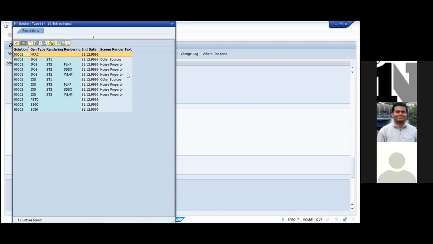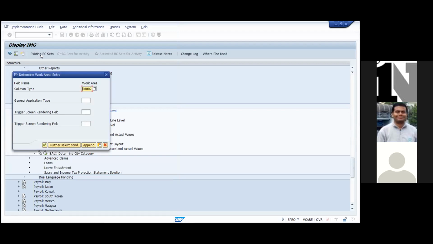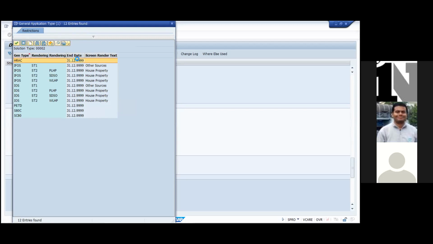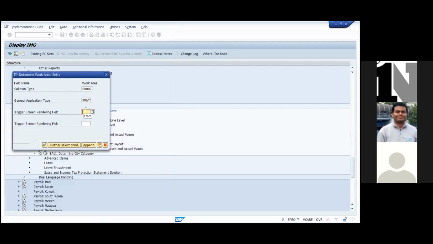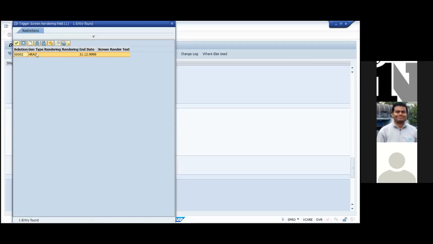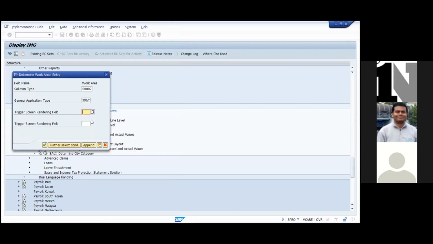So you can just try with the first one, HRA. Select that one. HRA, go to general application type. Now, solution type, you understood what the solution type is, right? Now we'll understand general application type. You go there, general application type, drop-down value. Same thing is there, so you can choose the same one. Now you just tick that. You can choose the same thing, it's the same values only. Just click that tick button. Don't need to select.